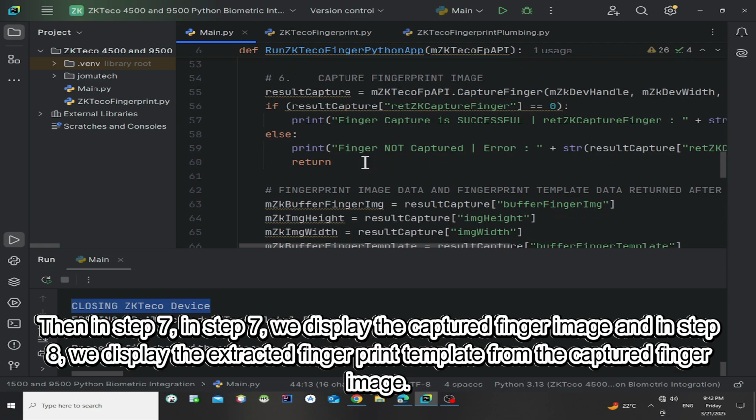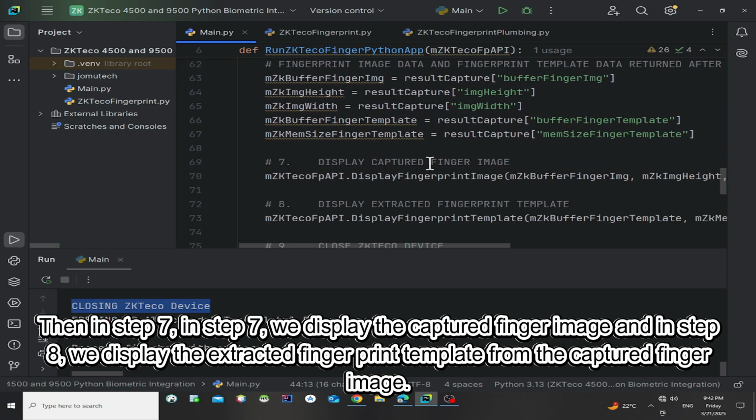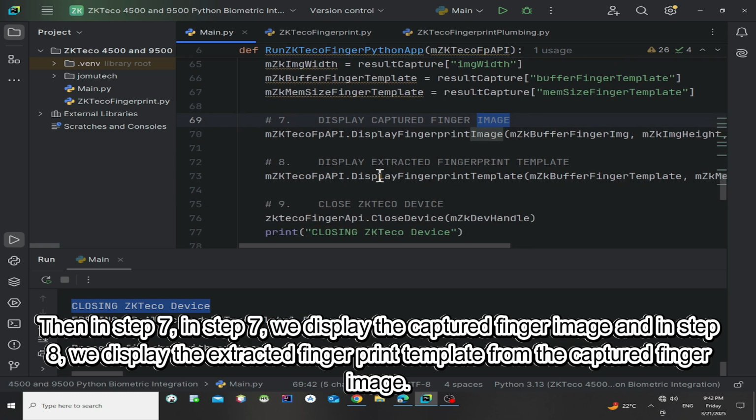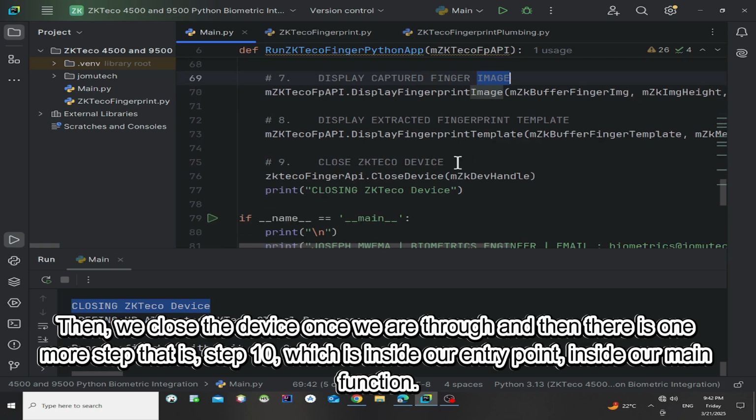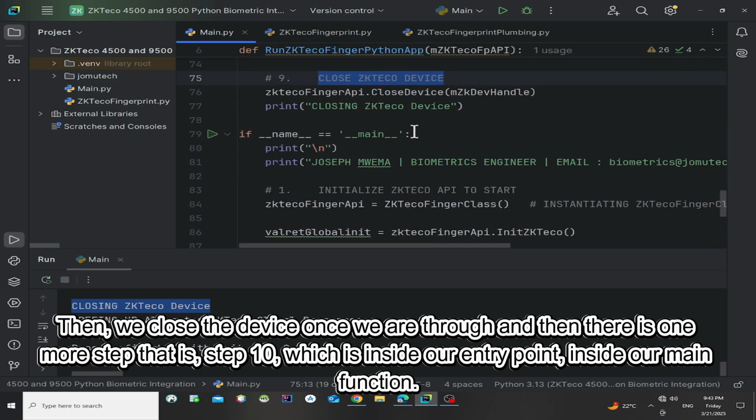Then in step 7 is where we display the captured finger image, and in step 8 is where we display the extracted fingerprint template from the captured finger image. And then we close the device once we are through. And then there's one more step, step 10, inside our entry point, our main function.